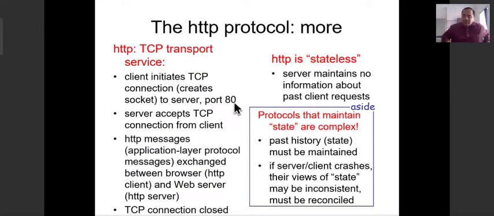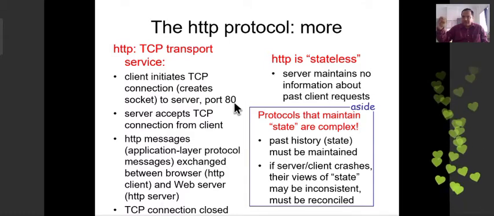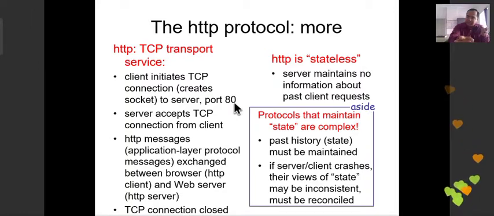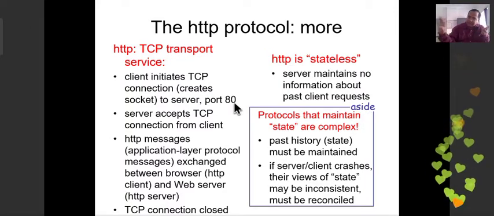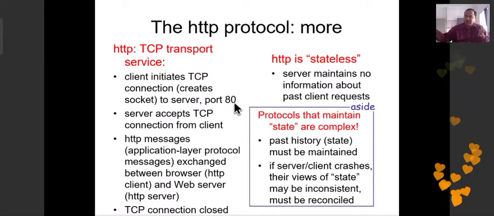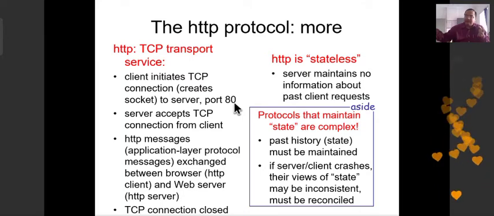So if your so-called Google server's IP address is 1.2.3.4 and the HTTP server port address, as you have understood, is 80, then the socket address to which your client, your machine and your Chrome, should transfer data is 1.2.3.4 80. 80 is the port address of the server.